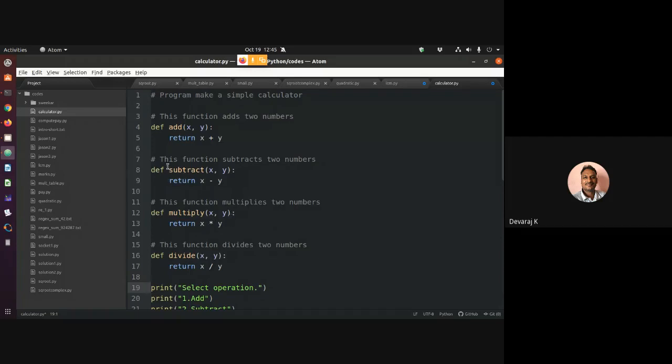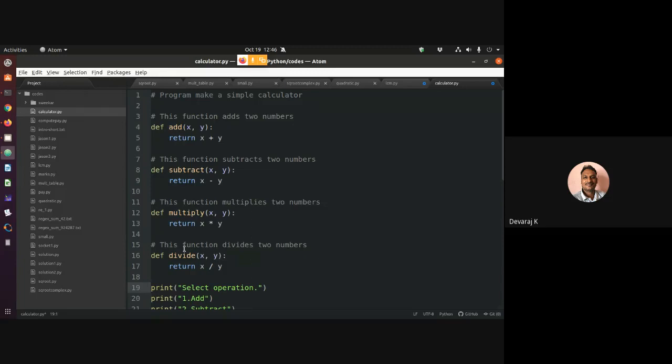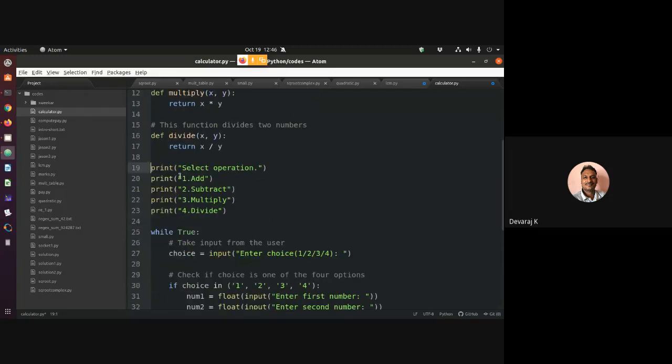Suppose x minus y, if x is smaller compared to y, I will end up with a negative number. If x is bigger than y, I will end up with some kind of a number. So for each operation I am calling the functions based on your input 1, 2, 3, 4.